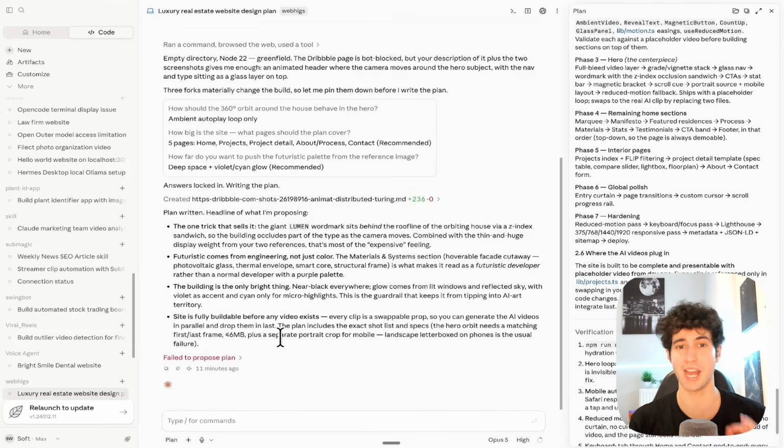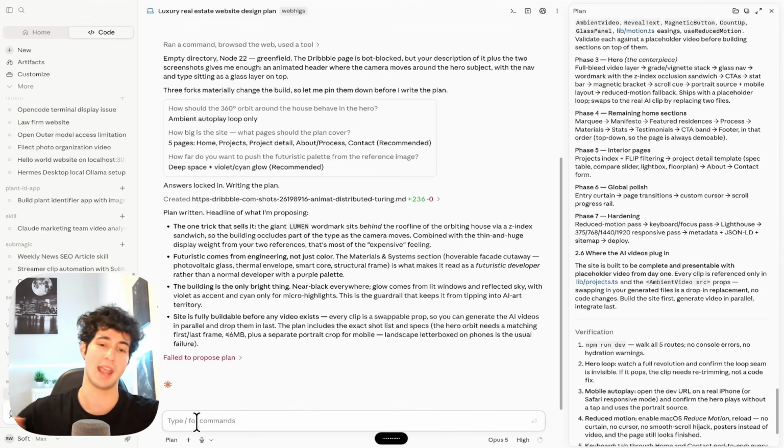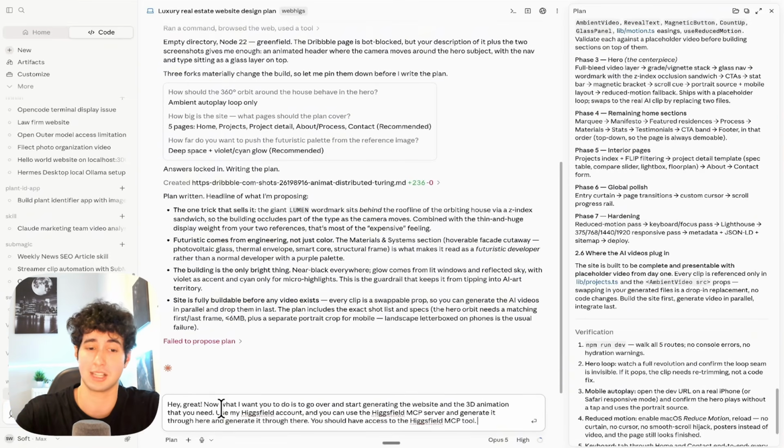And now that we have connected Higgsfield to our Claude account, what we can do is simply come over here and say, hey great, now what I want you to do is to go over and start generating the website, and to generate the 3D animation that you need, you can use the Higgsfield MCP server and generate it through there. You should have access to the Higgsfield MCP tool. And now that I type this prompt, what I'm going to do is I will simply switch from the plan mode to the execution mode, and then I will simply send over this